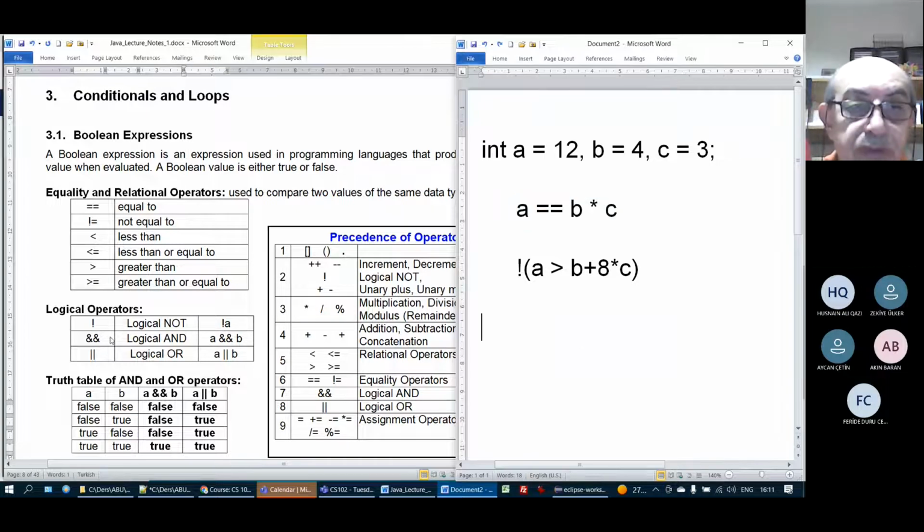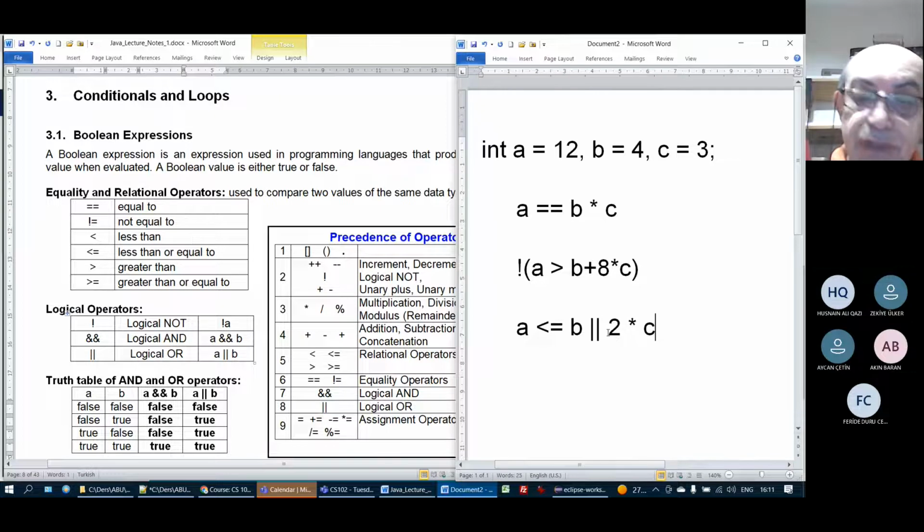Let's do something which contains and. For example, we can have something like this: A less than or equal to B, and let's put here an or, two vertical signs, and then let's put something else here: 2 multiplied by C, 2 times C greater than B, for example. When we have such an expression,